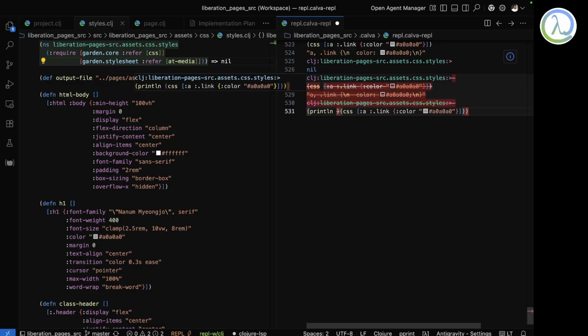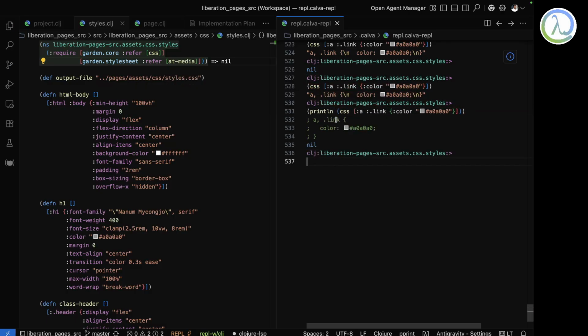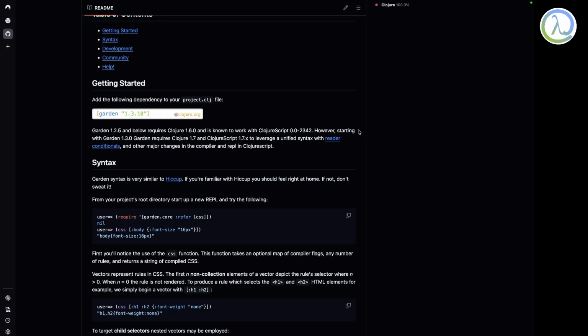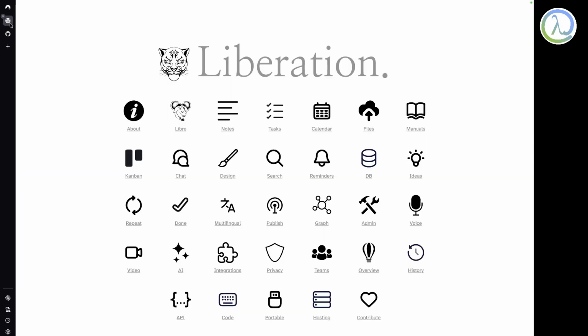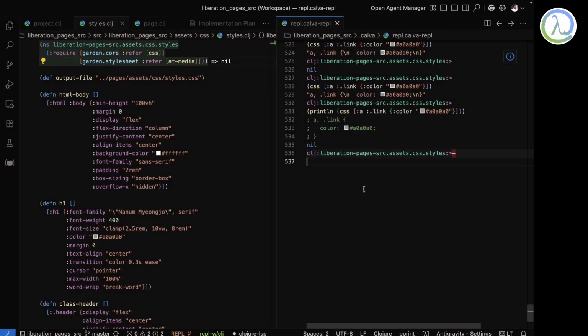So this is how it is. A and dot link, that is the class link, and this will be the color. Of course, I don't think anybody will give a color for a link like this, but in my Liberation pages I have given a color like this, because if I give something like bright red or blue, it doesn't look good.